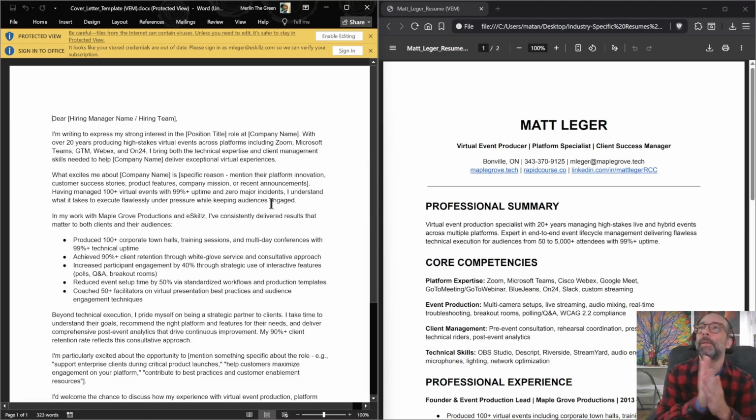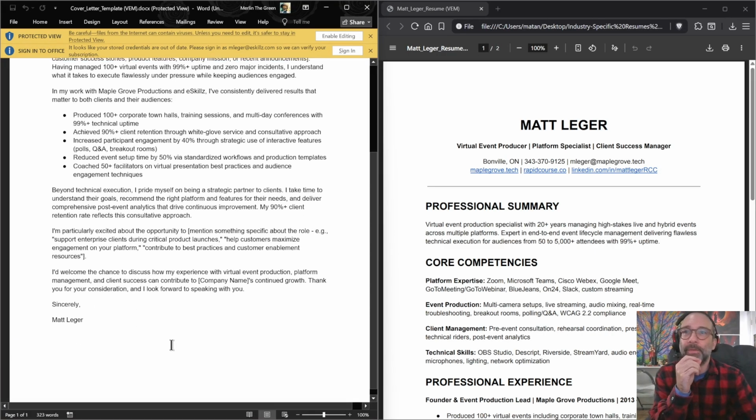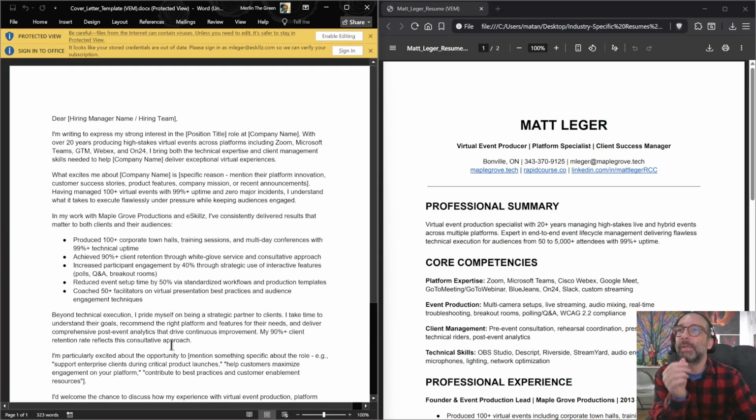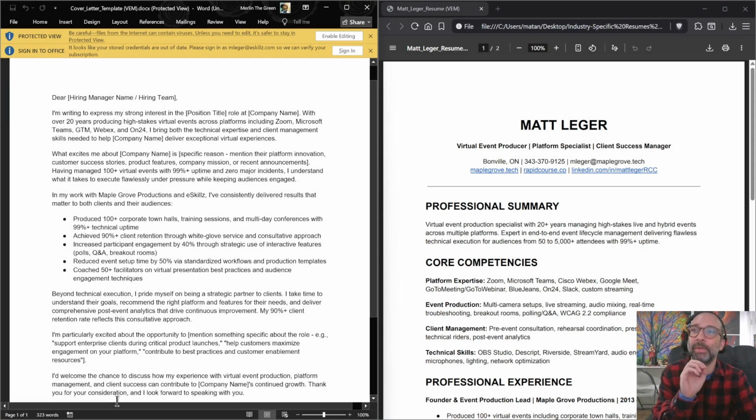So same idea though, template, industry specific, tailored as close to the positions that I'll be applying for as possible without actually getting specific. And where I do get specific is in where the square brackets are. That's why I say it's a template, because I have some very key spots that I can come in.